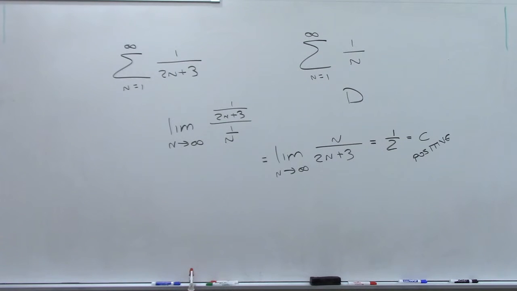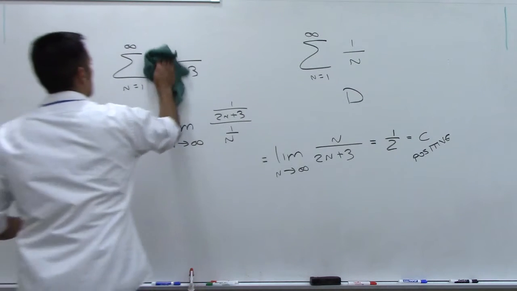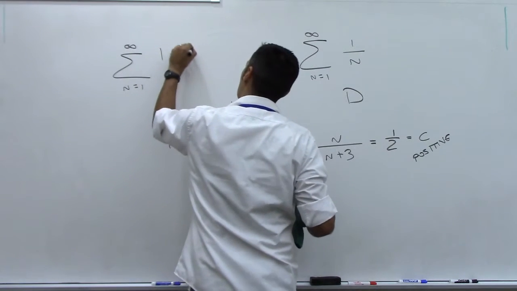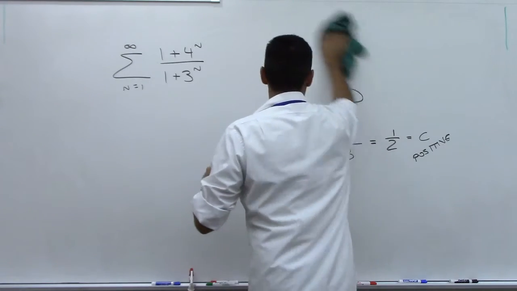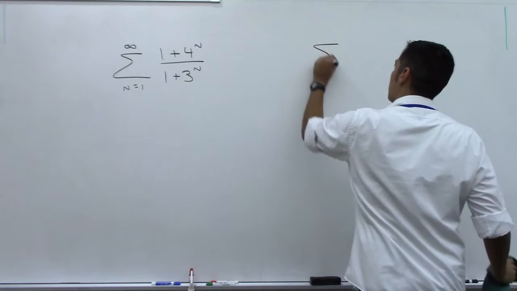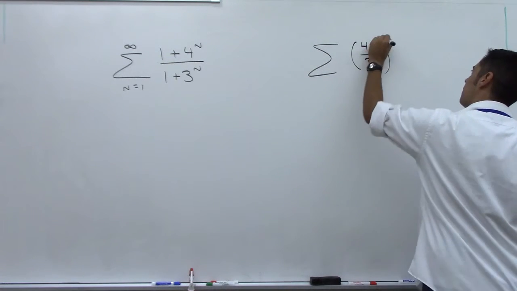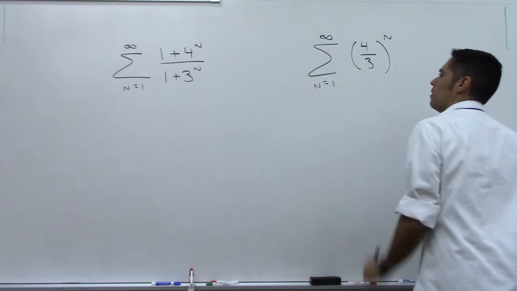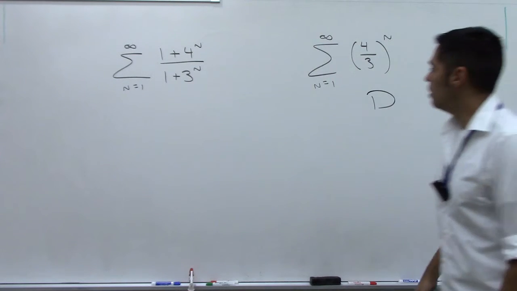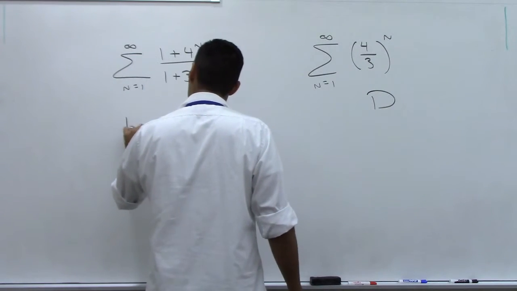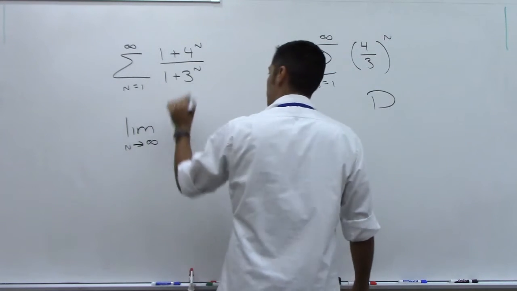Could have done 25 also, that way. For 25, we had 1 plus 4 to the n over 1 plus 3 to the n. Remember that one? And that one we did by the nth term test. But let me just show you if we compare it. If we compare it to 4 over 3 to the n, this is a divergent geometric series. So we would do the limit as n goes to infinity of this guy